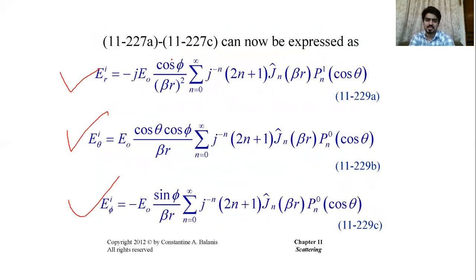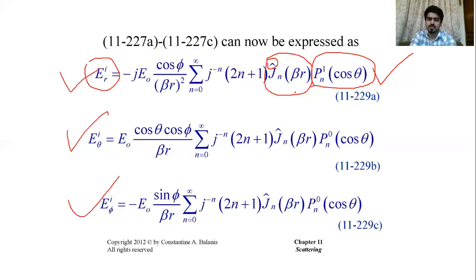And we also derived some expression for E_r here, in terms of an infinite summation of spherical Bessel function as well as associated Legendre polynomial. Also notice that this is not the spherical Bessel function. Actually it is a Schelkunoff spherical Bessel function. It has a hat on top of that, right? Along with that you have the associated Legendre polynomial multiplied with that.